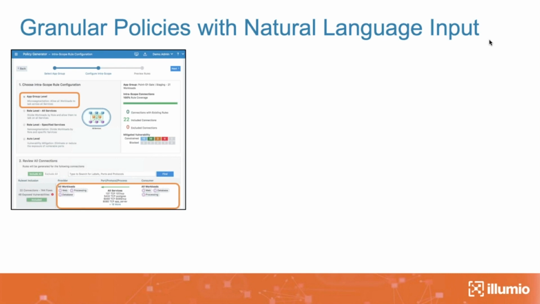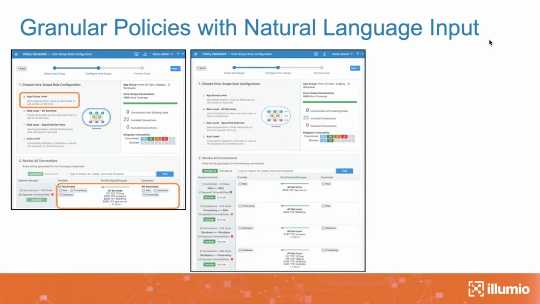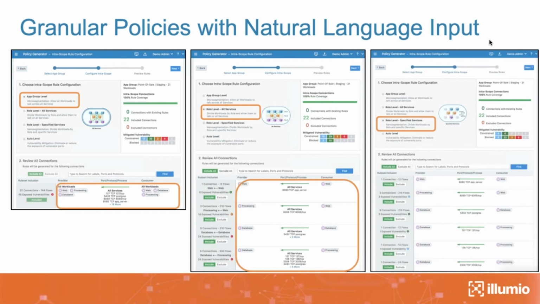If I do ring fencing, it means that all workloads can talk to all workloads for all services within this bubble. Or, if I choose to, I can get granular by tier. As you can see, I've now chosen role tier level, and I have separated out the tiers and the policies that are suggested to me. It says my web layer can talk to my processes for all services, but my web cannot talk directly to the database, as an example, which is implied. Or you can get down to port and protocol and really tighten up the security posture and say, I want this tier to talk to this tier, but only using this particular port and this particular protocol.